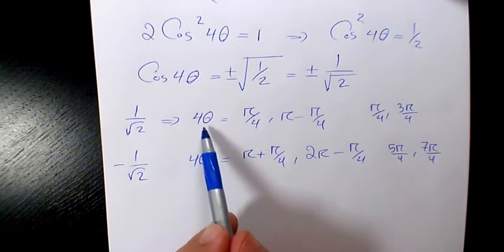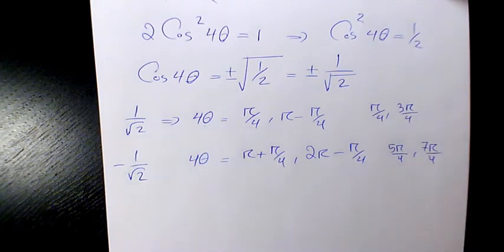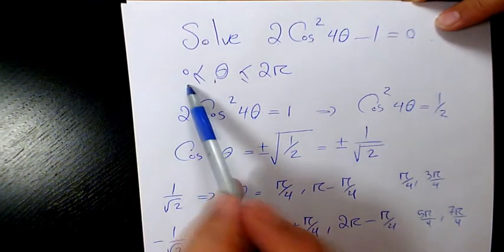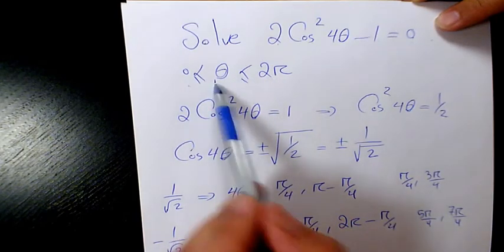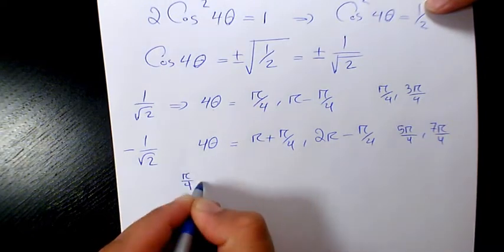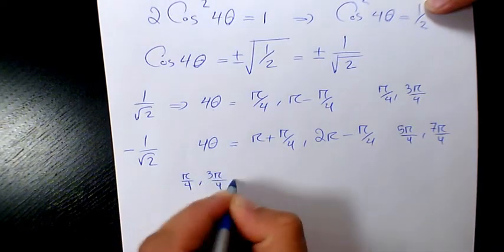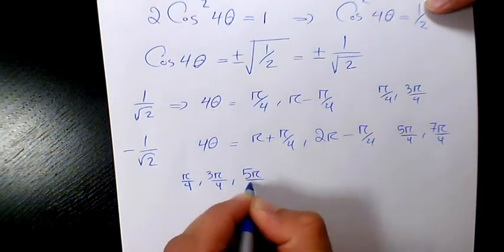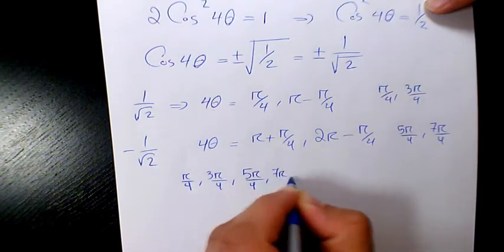Then, since it's 4 theta, it means that we can extend it more. When it says theta is between 0 and 2 pi, it means that 4 theta is between 0 and 8 pi. So the answer is going to be pi over 4, 3 pi over 4, 5 pi over 4, 7 pi over 4,